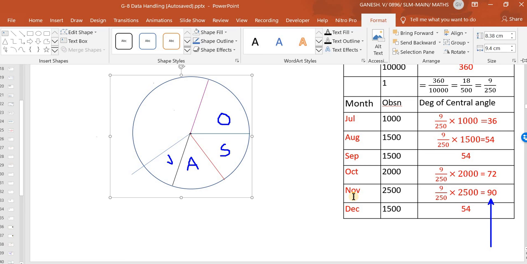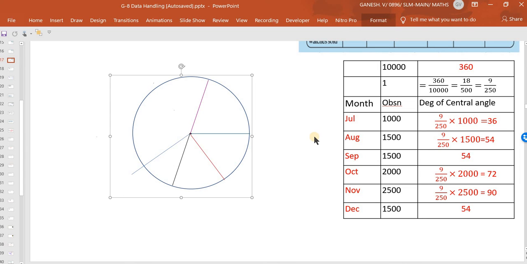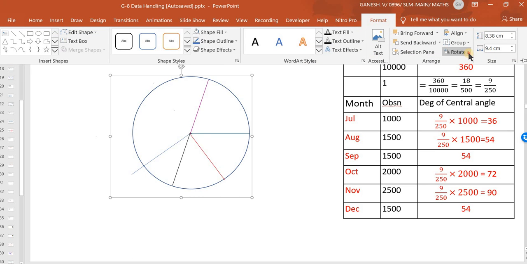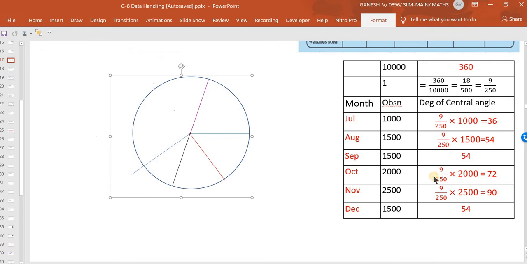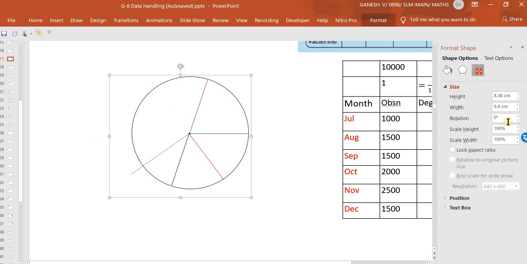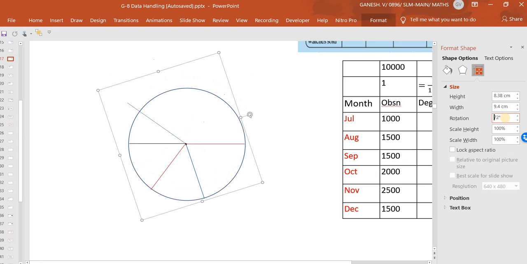So for that I'll first make it 90 degree. This picture needs to be made into 90 degree. I'll take it, rotate it. Okay, rotate it. More options I'll go to. In that, previously it was anti-clockwise 72. So now I am making it rotate in the clockwise direction by 72 degree. Once I do that, the pink line becomes horizontal.